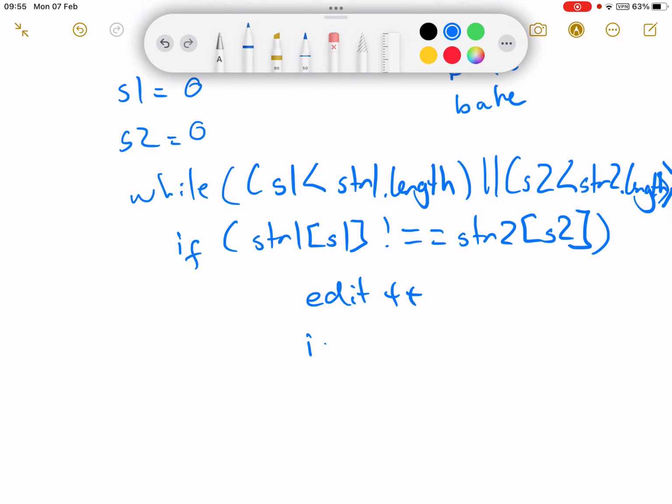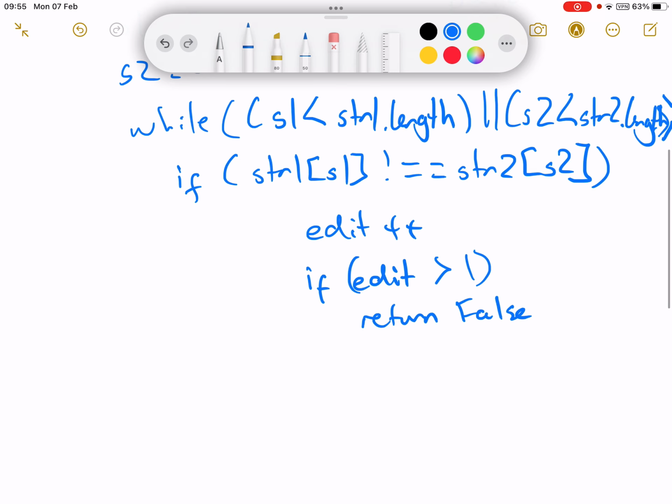Then if edit is greater than 1, you return false. Now we do our shifty logic here. So if str1 dot length is greater than str2 dot length,